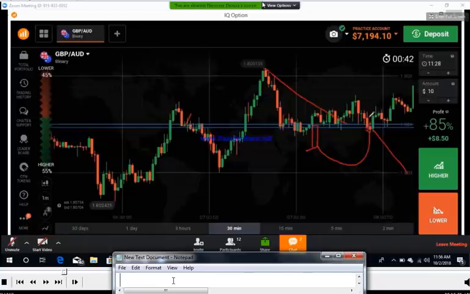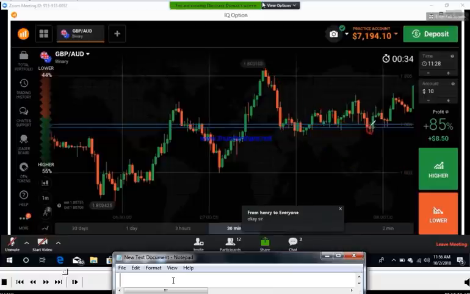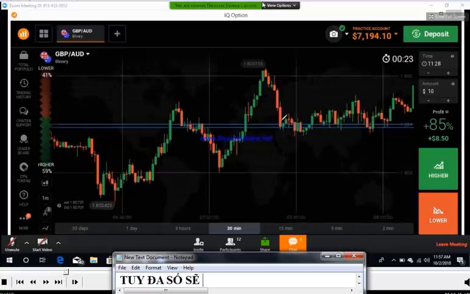It reversed at the same level. This is a very strong level. It reversed, but you can see here it didn't reverse here. Okay, it didn't reverse here. So most of the time it will reverse, but sometimes it may not reverse from this level. You can trade on the strong level also, strong candles also, it's not a problem.